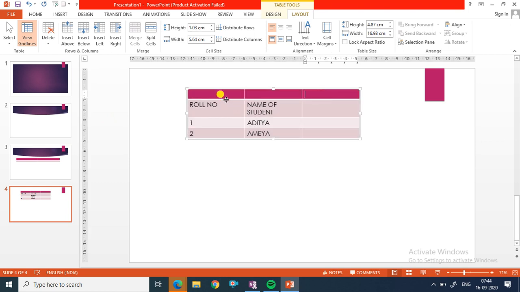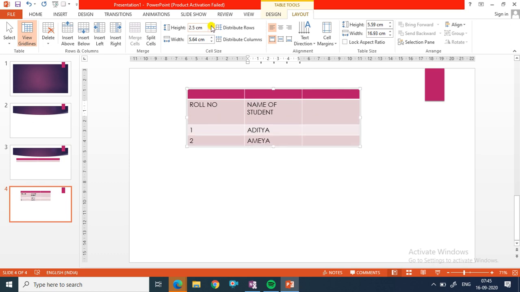Now I will show you how to change the cell size. For that, select the cell or row whose height you want to change. Suppose this one. Fine. Now in the layout tab, see cell size group is given. We can increase or decrease the height of the row. Fine. So here in this way I can increase the height. Fine. The same way width. So this is what to change the cell size.